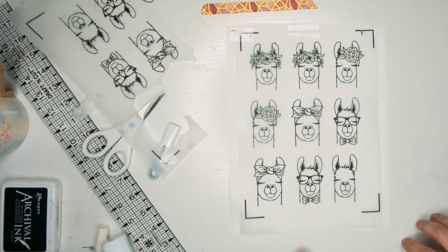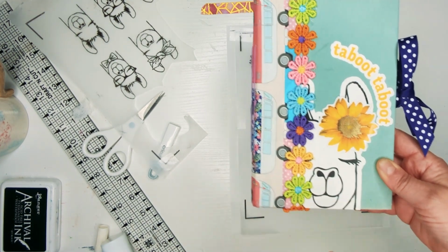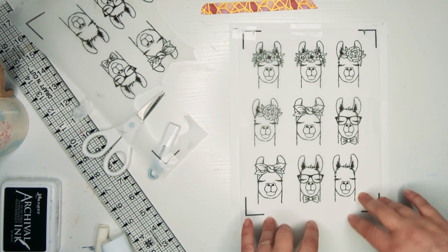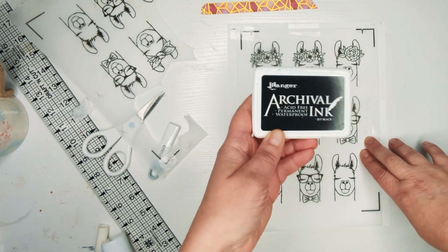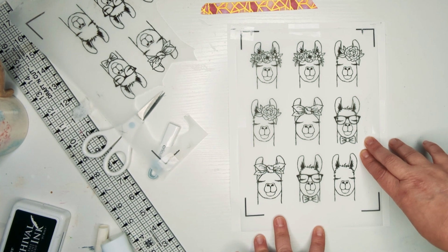All right, so to get prepared for this project, one of the things I did was used my Cricut to print some of the llamas that I'd used for the journal covers, for these little llamas, because I wanted them to match. So if you were doing this on your own, you could print these out. You could use stamps on vellum or tracing paper, and you would want to use the permanent archival ink for that. So because I already had this stuff set up, I printed this and ran it through my inkjet printer,